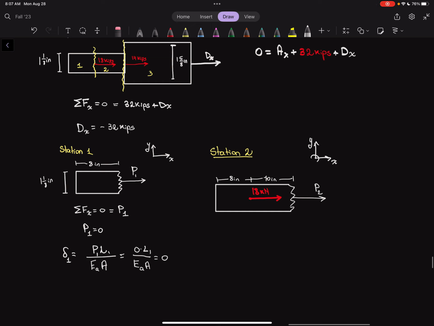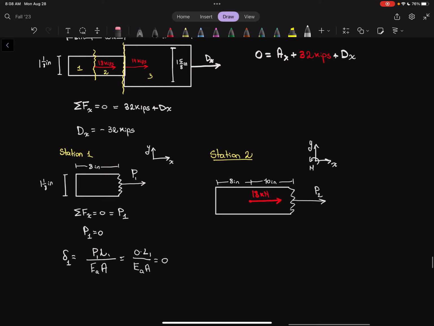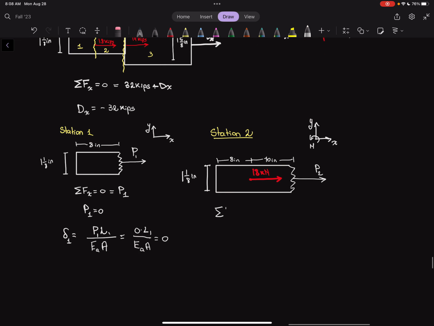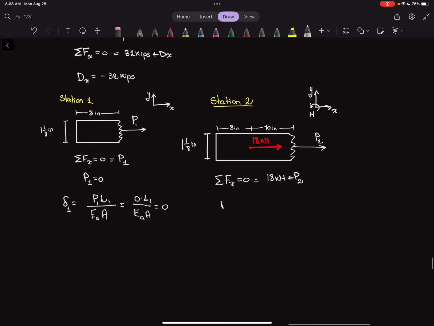This is my X, my Y, my moments. And then finally, I want to put one more thing, which is the diameter, which is 1 1/8 inches. Now, if I look at this and I do the sum of the forces in the x direction, it also has to be equal to 0. And so 18 kilonewtons plus P2 has to be equal to 0, which means that P2 is equal to negative